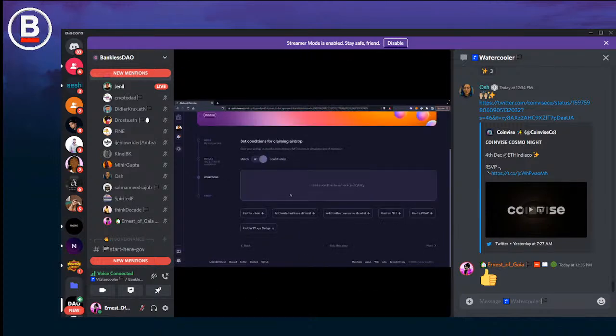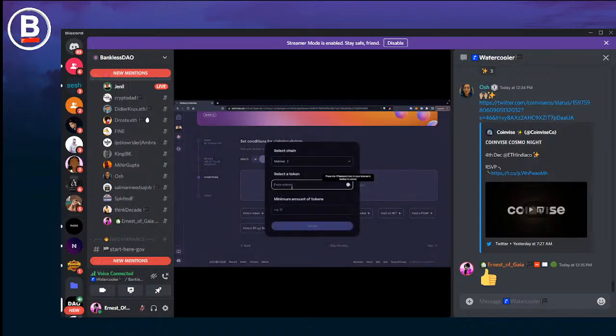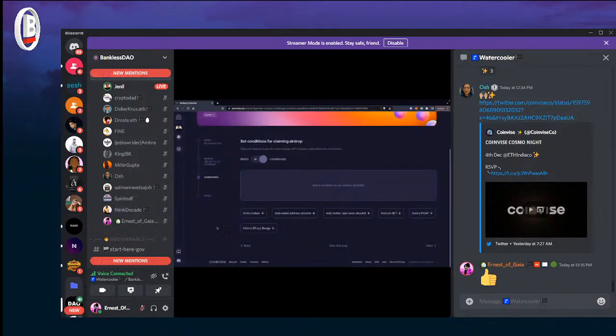And over here is where we are adding a series of conditions. These conditions are a way for the recipient to be eligible for the airdrop. So you can filter your recipients based on certain requirements that you set, and get your page accordingly. You can say that to claim this airdrop, you must hold 50 bank tokens. Or you can say that to claim this airdrop, you must hold a POAP.